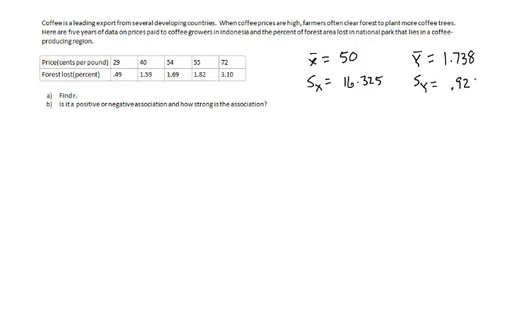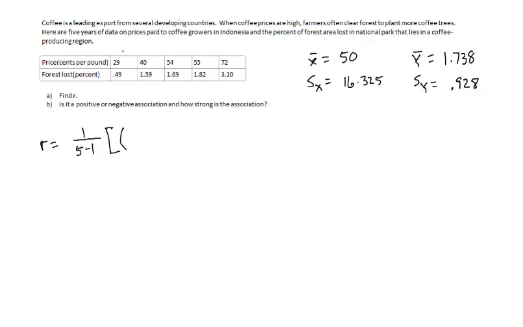If you need a reminder on how to find these values, go back and take a look at the videos to calculate mean and standard deviation. So now we're going to find R. R is equal to 1 over n minus 1, which is 5 minus 1, times